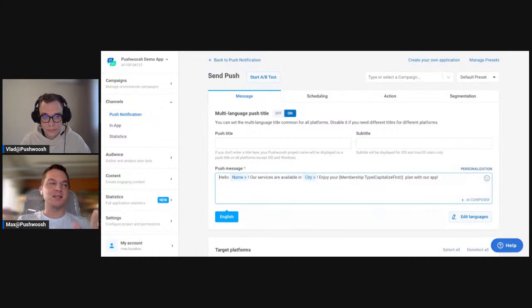This thing in the interface, I understand that it may look weird right now. At the same time, if I send this push to some part of my audience, each user will receive something. Well, for me, it would be, hello, Max. Our services are available in Bangkok City. Enjoy your Gold membership plan with our application. This is how it is possible to personalize push messages within our interface. At the same time, the segmentation and personalization options are not the only things that are related to relevant and